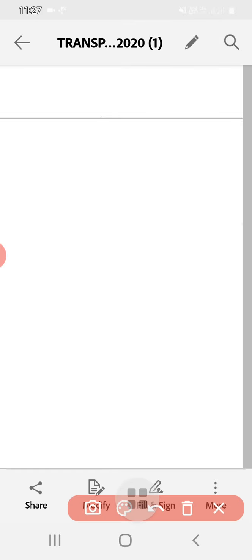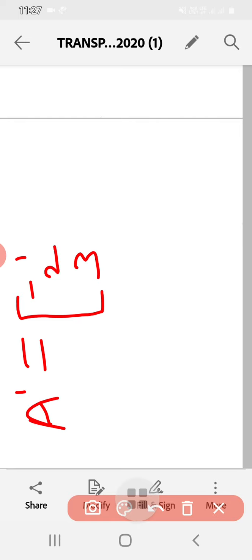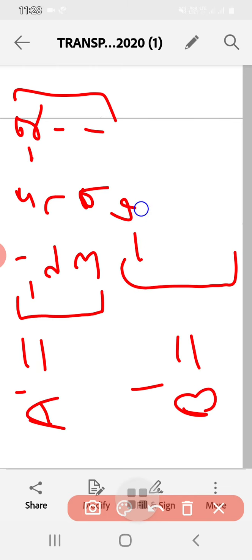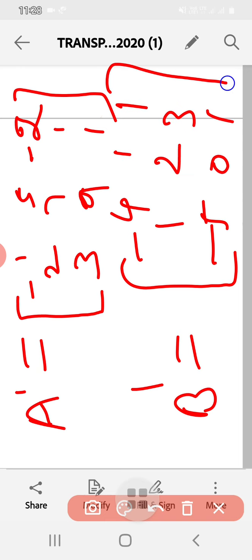We have to calculate a dash minus b dash. So a dash and b dash, we know this. We have a dash is equal to, the transpose of a is this one: 5 7 9 and minus 2 1 1. This is a dash. And the transpose of the second matrix is minus 4 1 minus 5, 1 2 0, 1 3 1. So this is the transpose of b. Now we have to subtract these two, a dash minus b dash. Observe the elements, then write the corresponding elements in the next step.